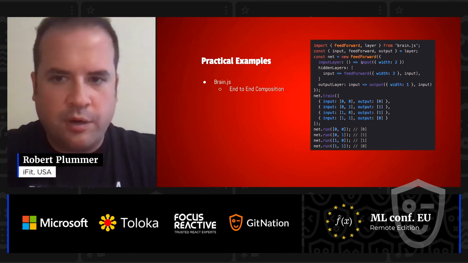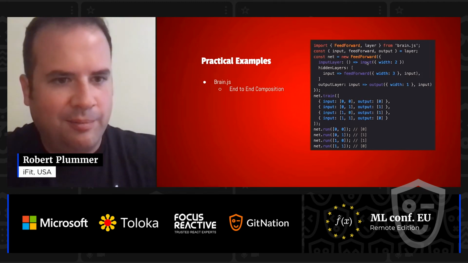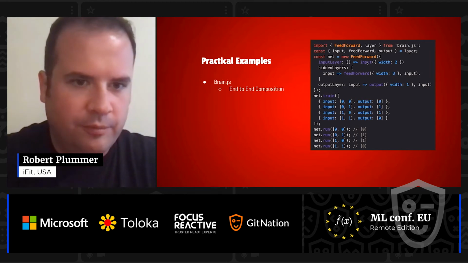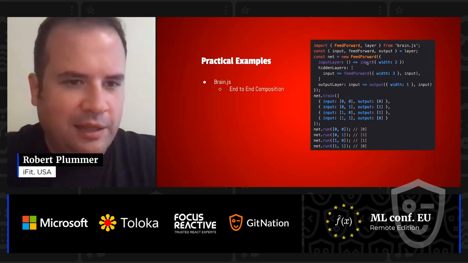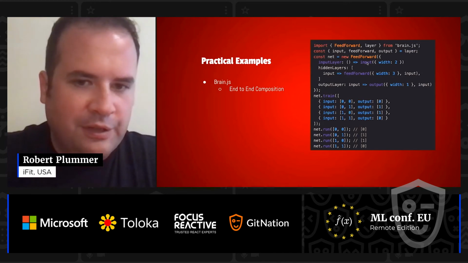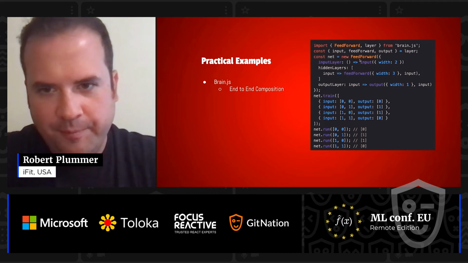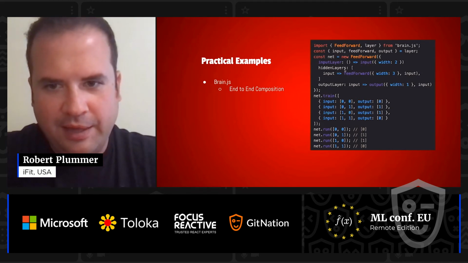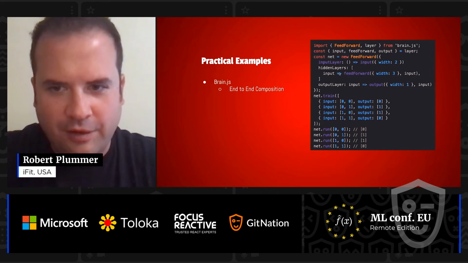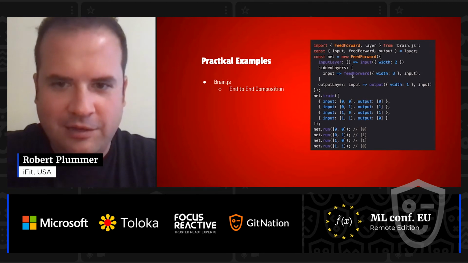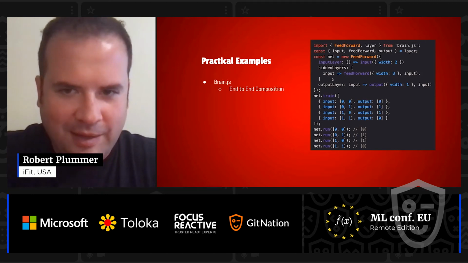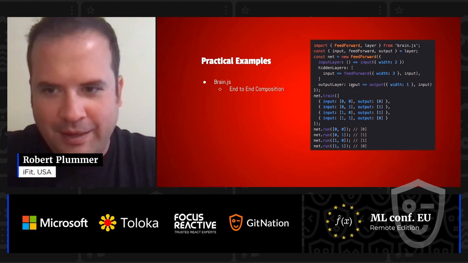But here you work with layers like you would with React components, if you're familiar with setting up websites. So if you think of Brain as the React for machine learning, we have an input layer defined as an input, hidden layers as an array, and the input from the argument previous, which is the actual layer instantiated, is going to be fed in. So these feed in recurrently from one to the next. You can have as many hidden layers as you like. Each return value from one is going to be the input into the next, and you have your output layer. And then it goes to the output.